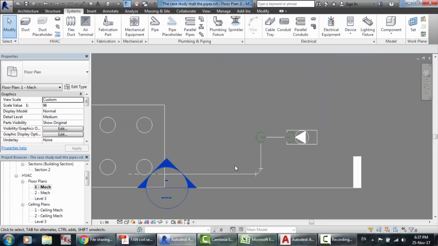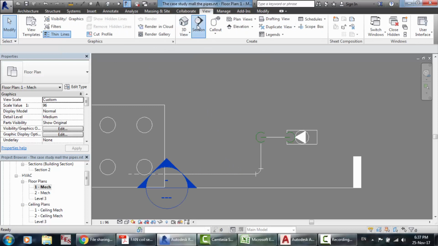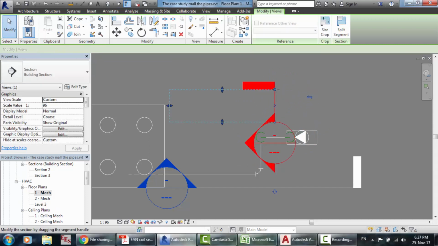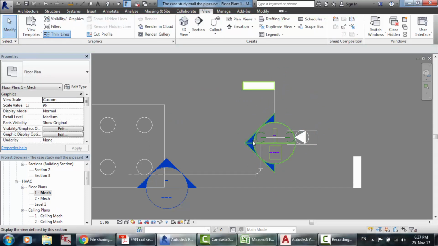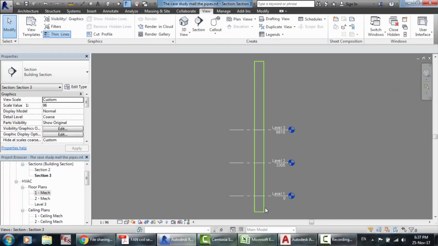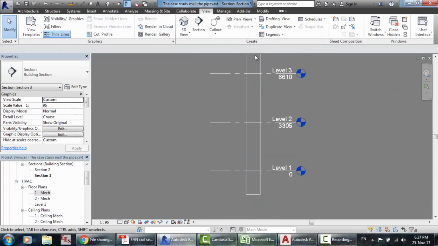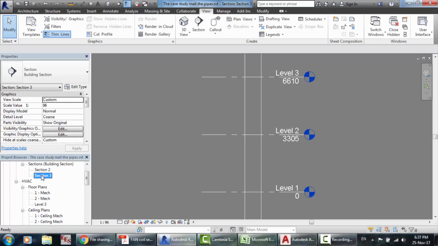Go to make one. Try to take another section like that. I need to see here. Okay, we don't see anything. So